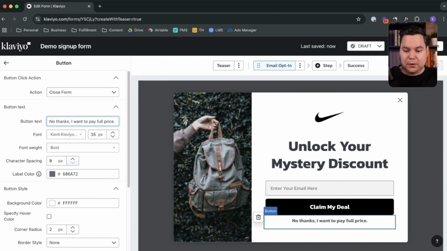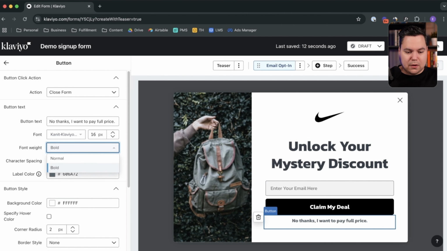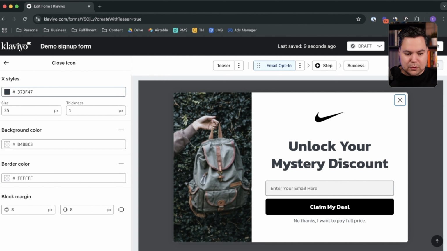So people have two options, an interesting one and a not so interesting one. So they're going to click on the interesting one. So "claim my deal." "No thanks, I want to pay the full price." Let's change the font weight to normal again to make it less interesting. Since we have this option, if people click on this, it will close the form. That means that we can get rid of this X to make it less easy for people to actually click